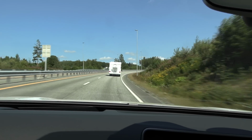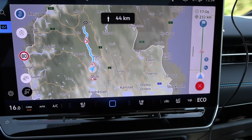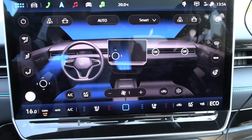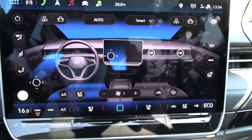We're getting close to Lygnaseter. We go uphill now, and if you look here, climb. Okay, I now fire up the HVAC. It was too hot outside, but I use just only fans, so maybe it pulls only